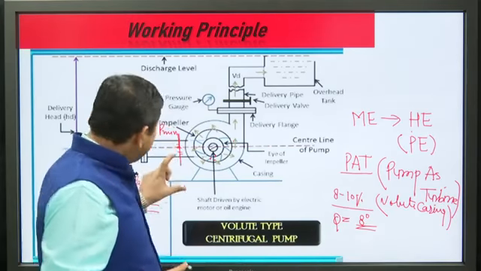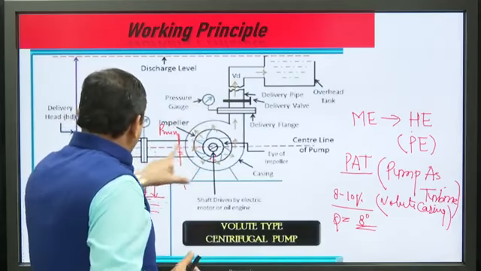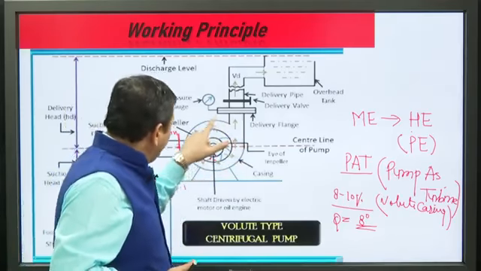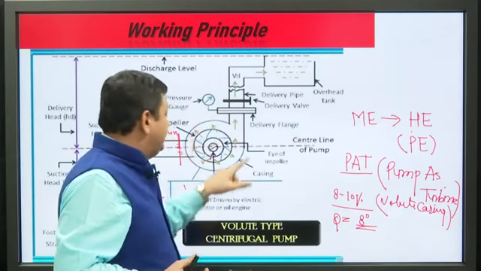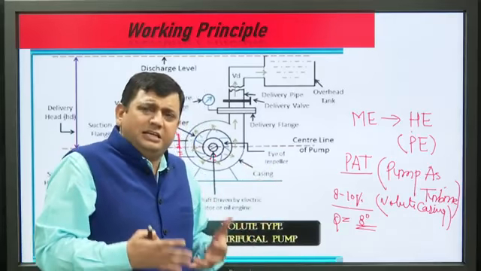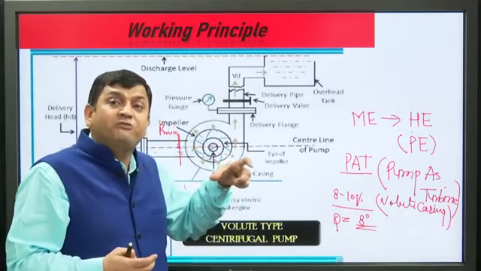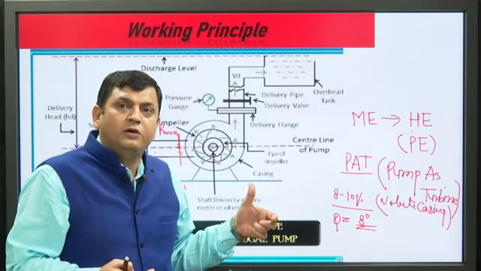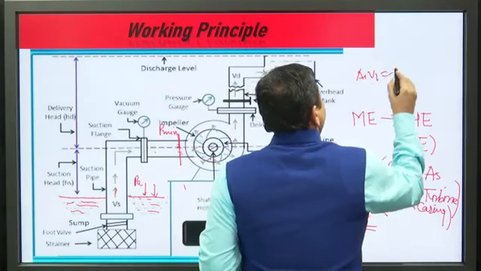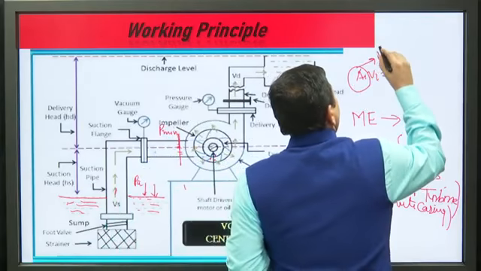Again, pressure is minimum at this place, and it acts as a diffuser. This is the volute, known as the diffuser in the case of the pump, but known as the spiral casing in the case of the Francis turbine. Diffuser means we are reducing the area of flow. We know the continuity equation, A1 V1 is a constant. We are reducing this flow area.